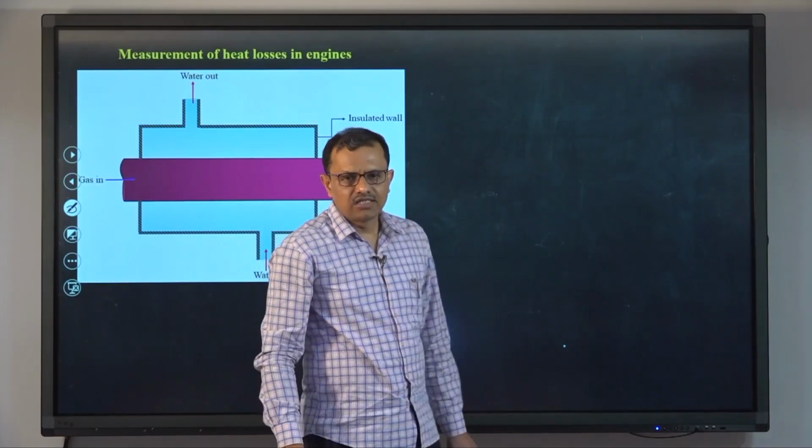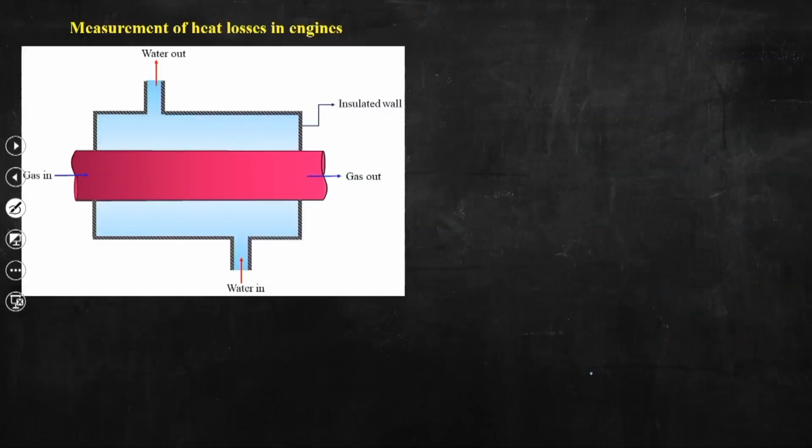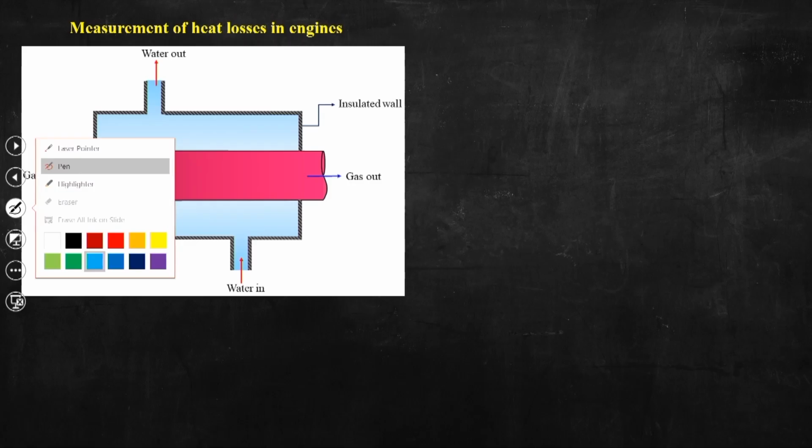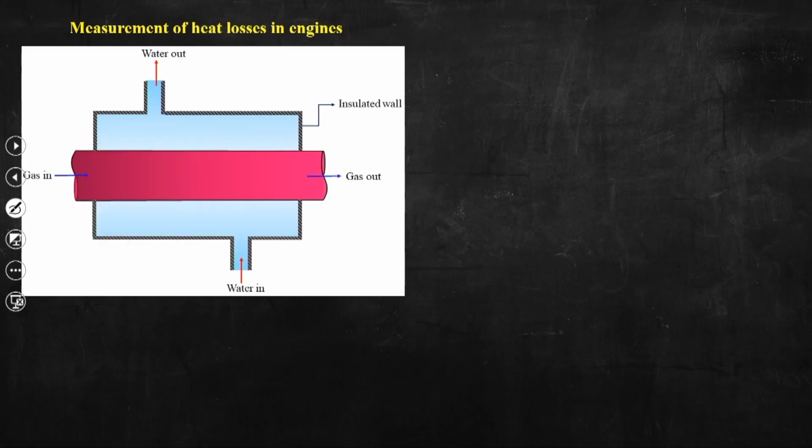So, for this is the schematic depiction, and this is essentially known as exhaust calorimeter. And this is used for the measurement of heat losses in engines. Okay. Now, in this we can see that this exhaust calorimeter is essentially a heat exchanger,